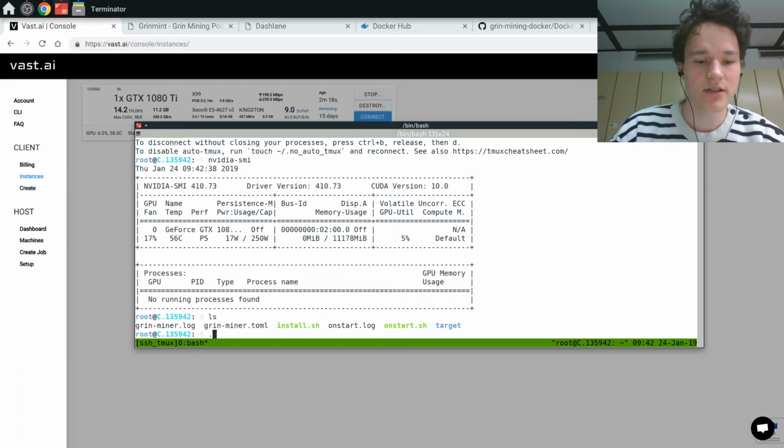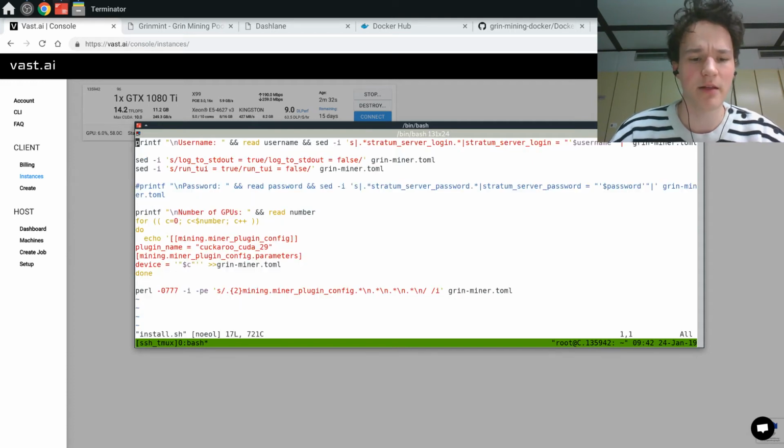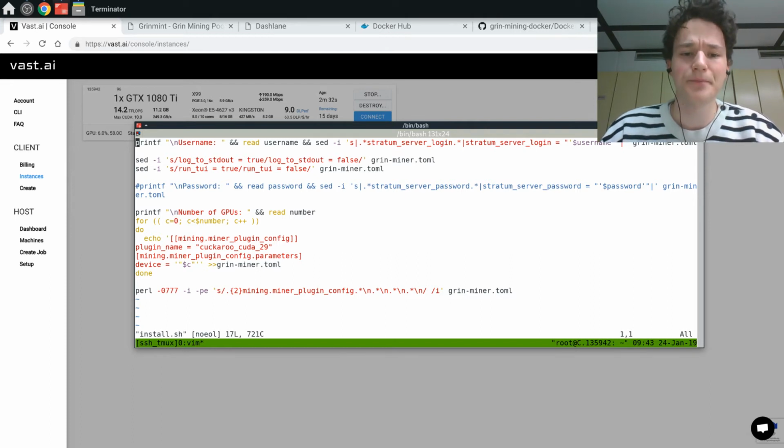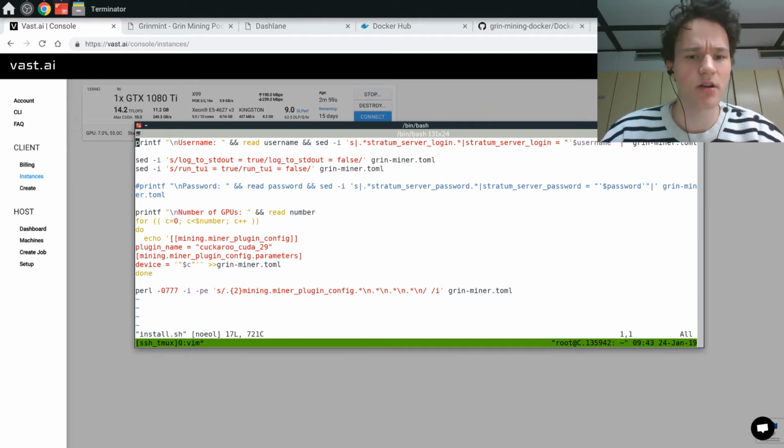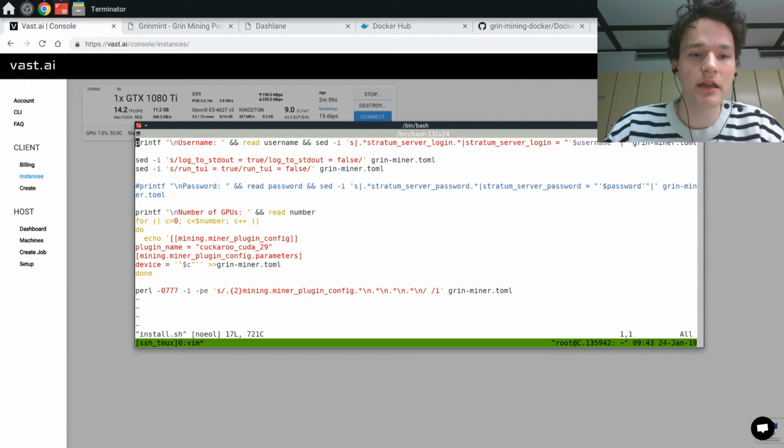For configuration, pretty much all that I have to do is, we could first have a look into install.sh, maybe that would be helpful. What it does, it reads the username and configures that into the Grin miner. It also disables the graphical interface because I'm just annoyed of it. It also disables logging, or just enables the logging to a file. If you want to have those logging options, just comment that out. If you haven't set up